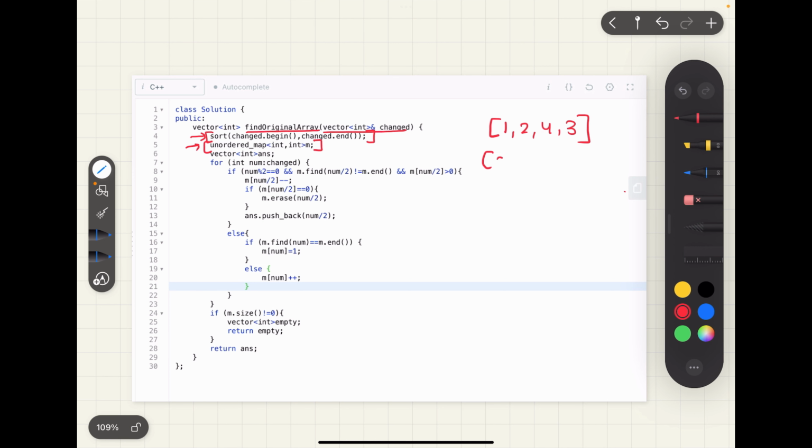For a case where we have values something like this, the set wouldn't actually work, because in the set we can only keep the value, but in the map we also need to maintain the frequency of each element. So in the map we need to keep track of how many elements have been paired and how many elements are still left. For instance, if we had an input array something like this,